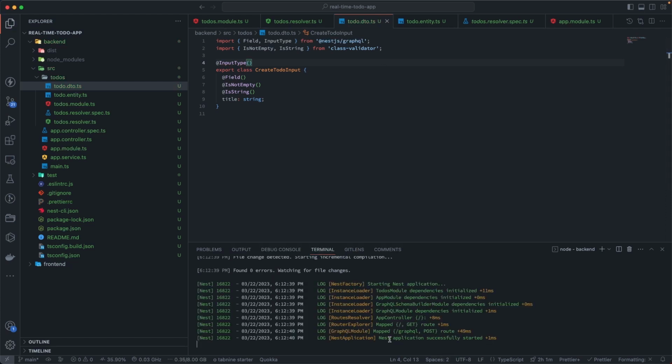Now you can see the Nest application successfully started. So we can check those APIs. How are we going to check? To check those APIs,